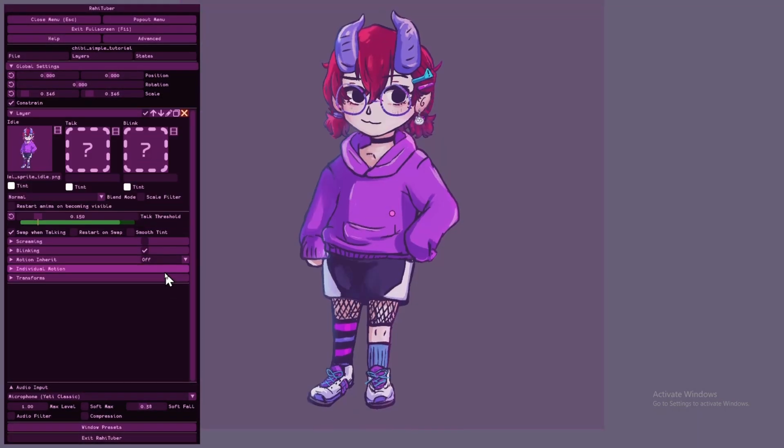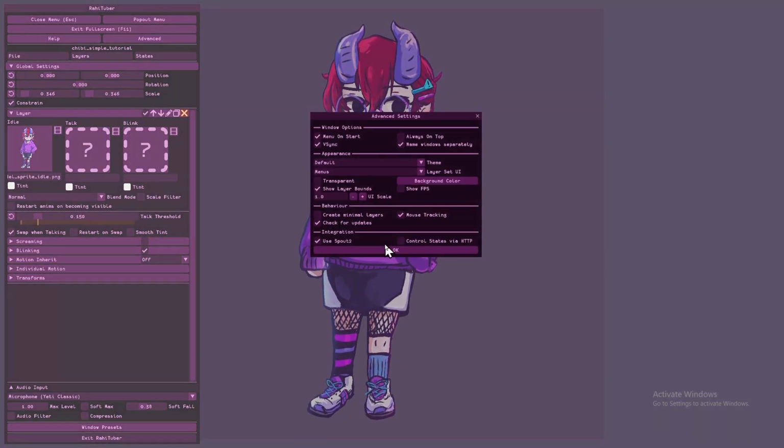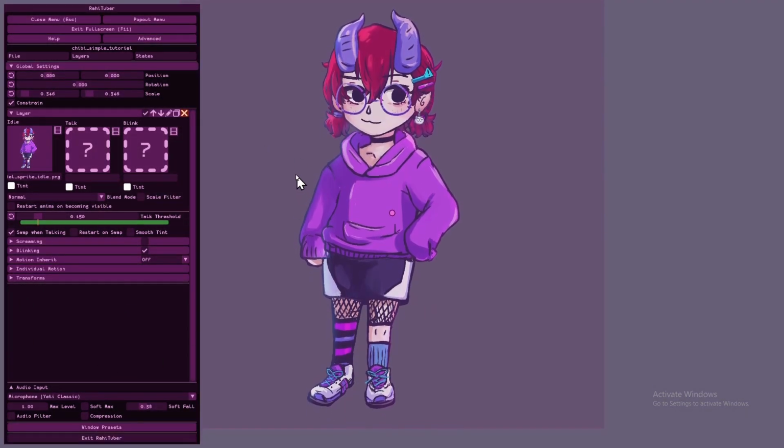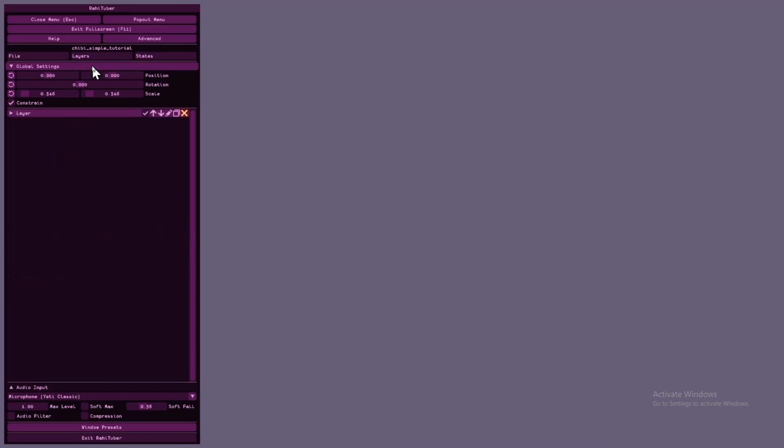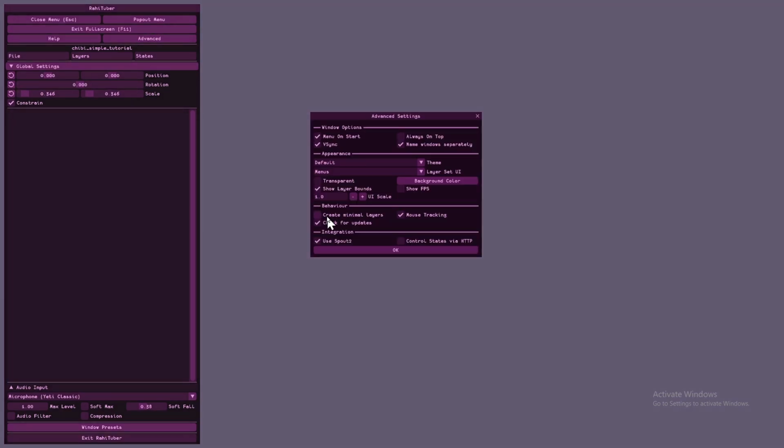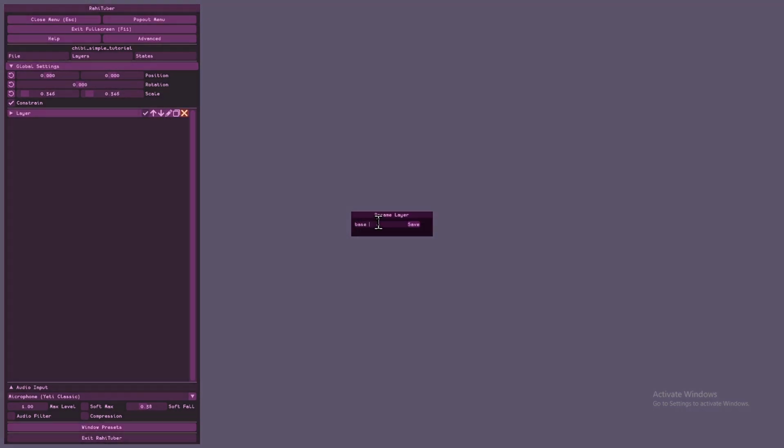So now first things first, we're going to go in, click that question mark under the idle and add our idle sprite. And right here I'm just using this plain sprite to demonstrate the default settings that we've got already on this layer. At this point I decided I wanted to show the difference between the default layers and the minimal layers, so I deleted the layer that we had set here and toggled on create minimal layers, then added a new one.